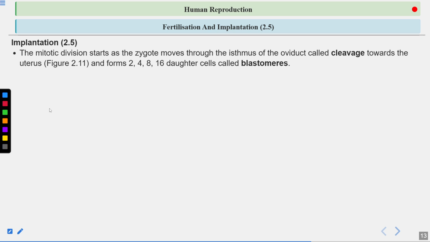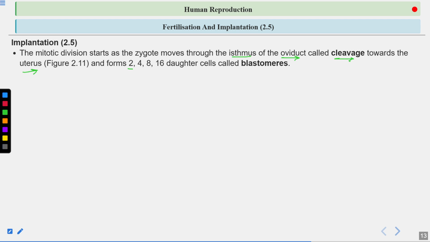So now the zygote is formed. In this zygote, mitotic divisions occur. These mitotic divisions are equational divisions. They occur when the zygote is moving through the isthmus towards the uterus. The isthmus is the part of the fallopian tube, also known as the oviduct. Clear? So after these repeated mitotic divisions, which are known as cleavage,